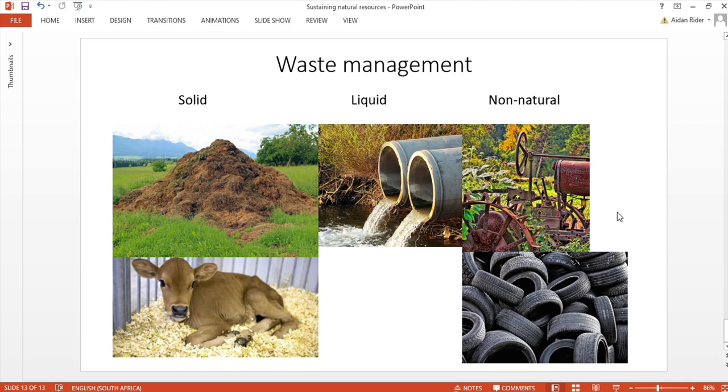Especially with tires, when it starts to rain, it will actually increase the amount of mosquitoes in the environment, because water catches inside of the tires, and stagnant water is the best place for mosquitoes to breed. So it's actually very important to reuse these things